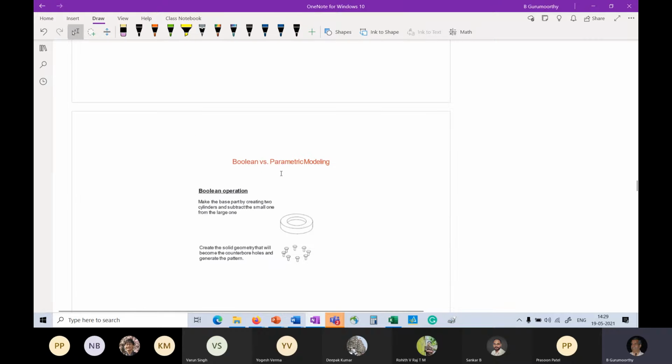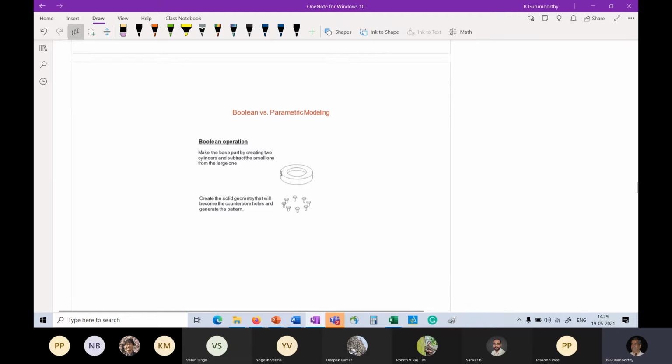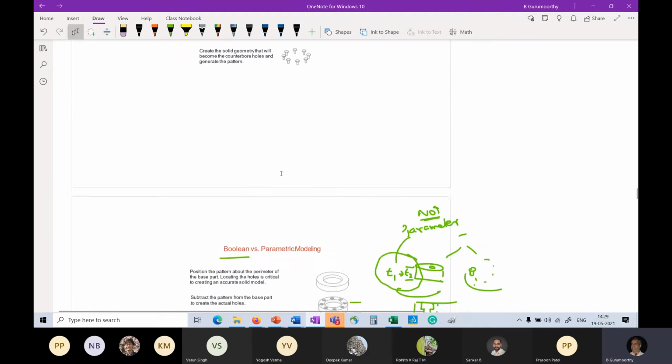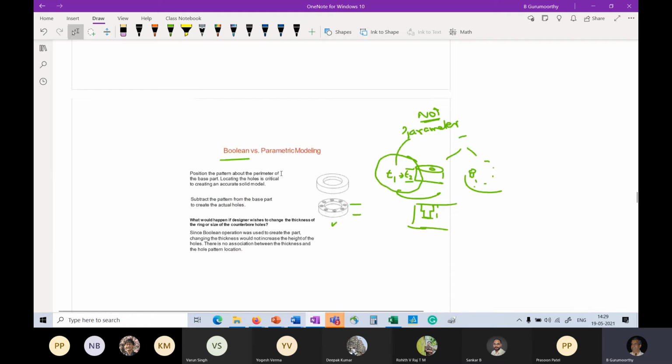And that's a nuisance for the designer. And that is the lacuna, or the gap, that parametric modeling fills, which is that it is able to link dimensions, we call them parameters, across shapes, right? So in this example here, the thickness or the height of the ring feature is matched to perhaps the depth of the hole feature, or the opening surface of this is matched to the top surface of that, whichever way you do it.